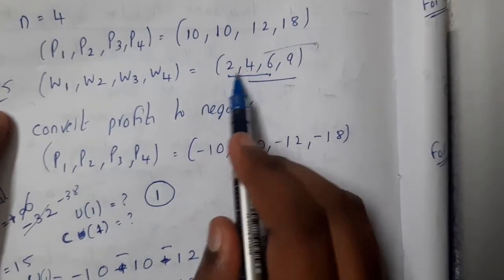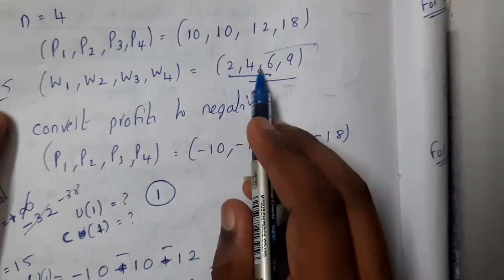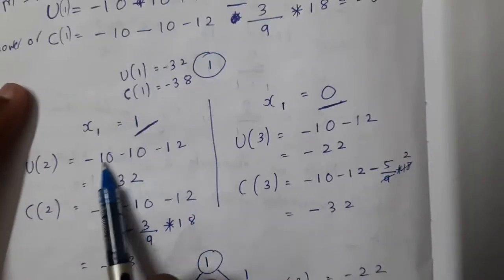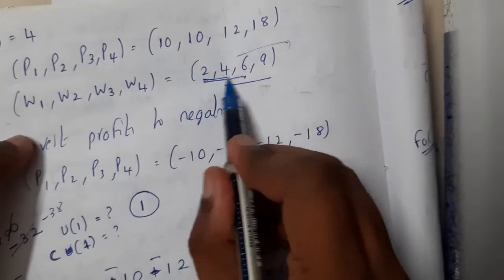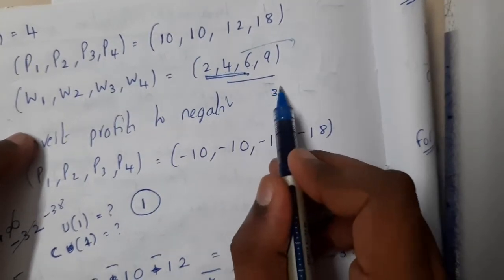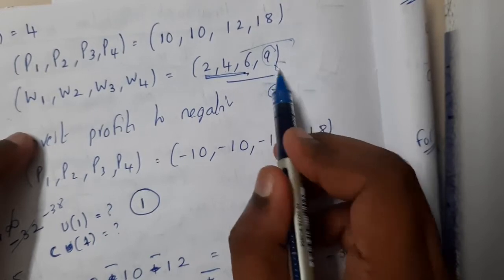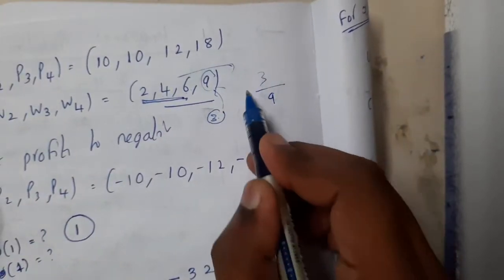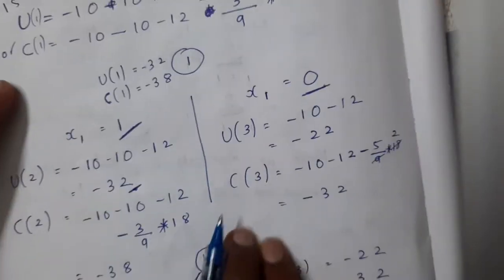So you can select the first 3 items for a weight of 12. Okay, so for 12 weight you will be carrying the first 3 items, that is minus 10, minus 10, minus 12. You will be ending up with minus 32. Whereas for cost you can take these 3 and you will be left with 3 kgs of space. Among those 9 kgs you will be selecting 3 kgs and the profit is 18. So here you will be getting an extra profit of 9 units.